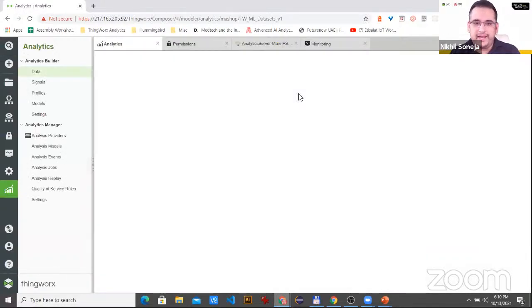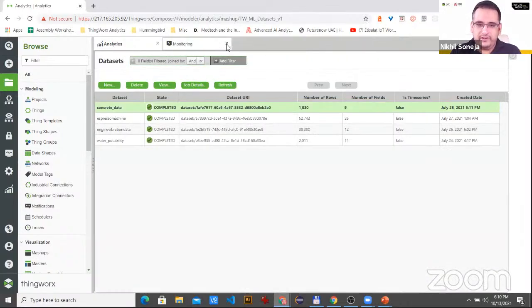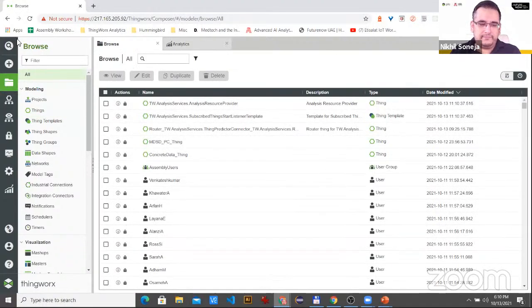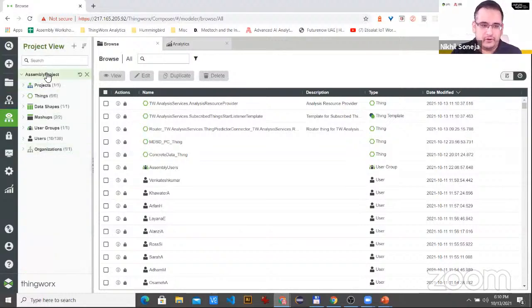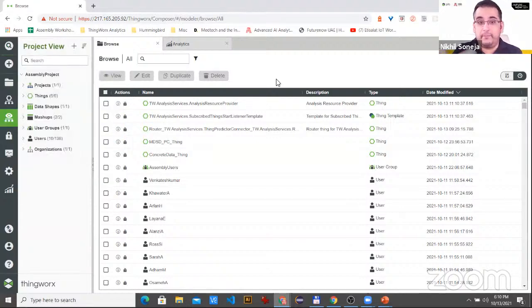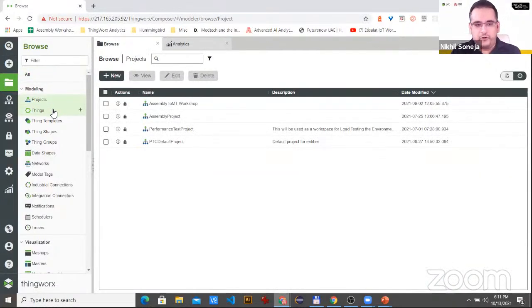Now, even if analytics didn't exist, ThingWorx Composer would already have all this data. So this is what you would see. ThingWorx groups things into projects as a logical view, so we actually use the project view as we've done before. We've created something called assembly project. Setting your project is just a way to logically associate, because remember, it's a multi-tenanted system, so different people might be using that. So you should set your project context if you haven't already. But we don't need to worry about that in this session, because we'll be doing a lot of different things with that. Everything is managed from here, from users to things.